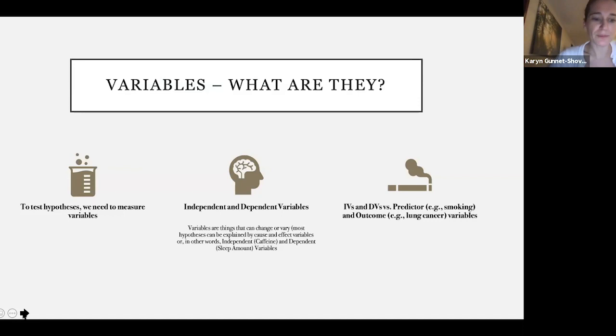Okay, so now I'm going to move on to talking a little bit more about other types of variables. There are situations which we're not at yet, so I'm not going to explain them in depth. But what I am going to tell you in teaching you about variables is that there are situations where instead of looking at the correlation or even predicting